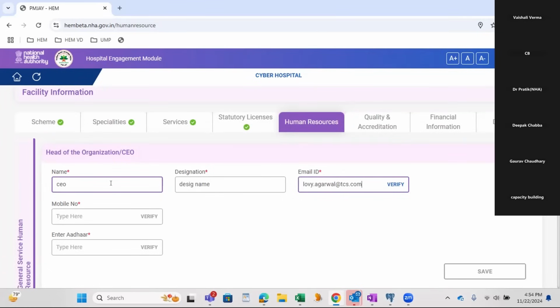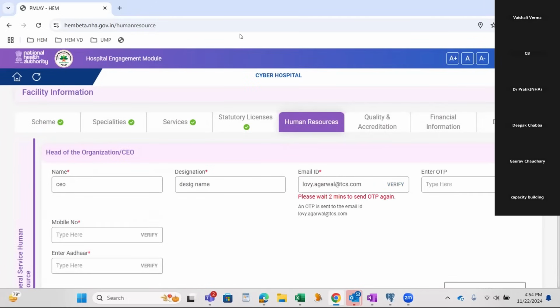So here in the human resource tab, I've filled the name, CEO details, their designation. This is the email ID which I have entered. Again, there is an OTP verification. If I click on verify, I will receive an OTP at my mail ID.